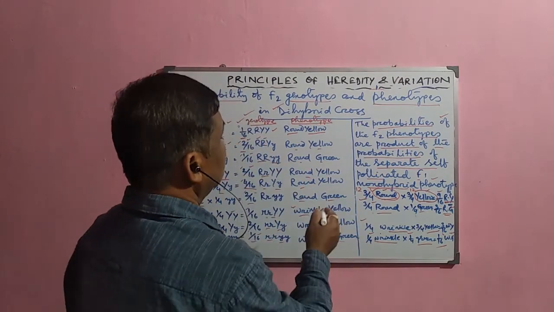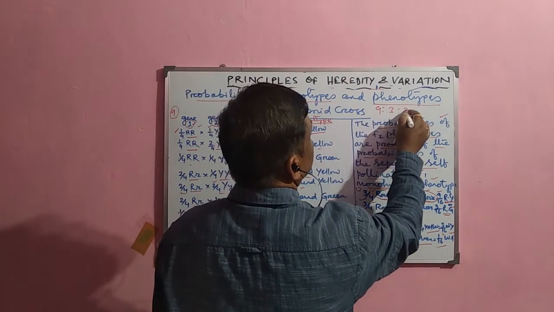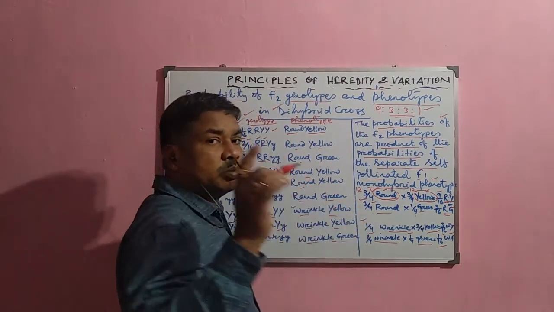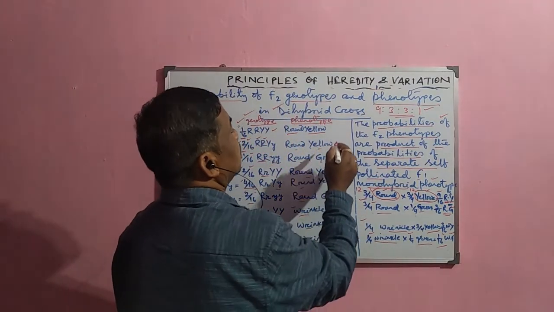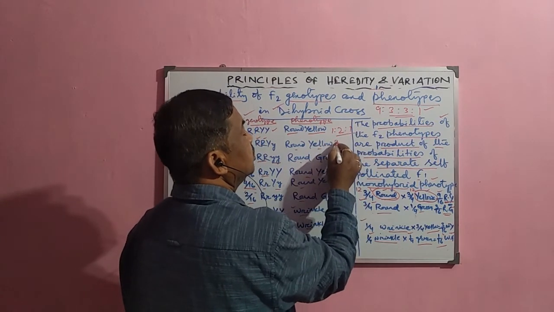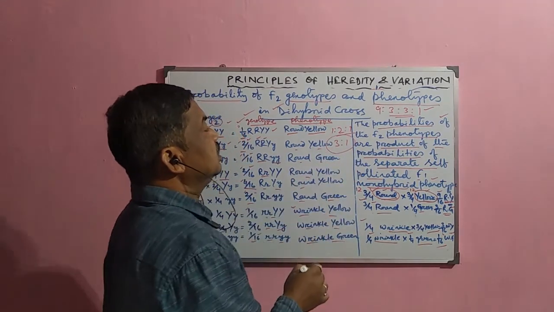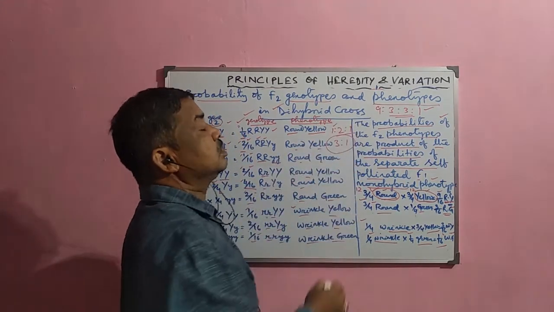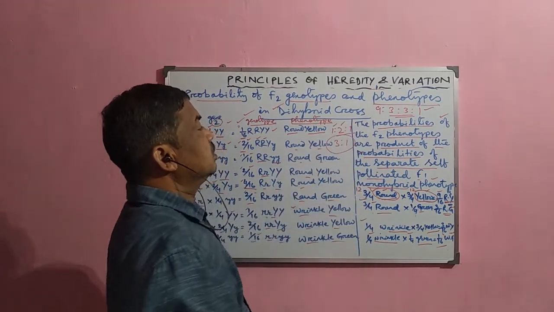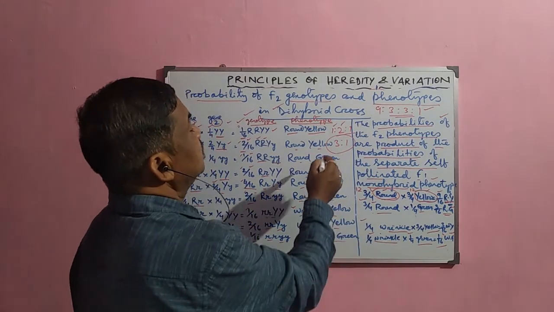And now the dihybrid cross ratio is 9:3:3:1. It is the dihybrid cross ratio. And in case of monohybrid cross, it is 1:2:1. It is the genotype ratio. Then 3:1. It is the phenotype ratio. So that is why it is your homozygous one, homozygous dominant parent, and this is the heterozygous.